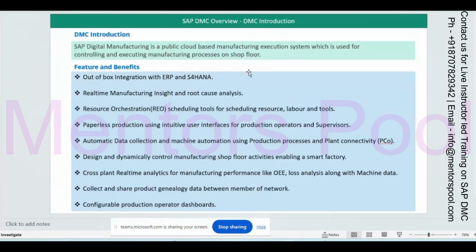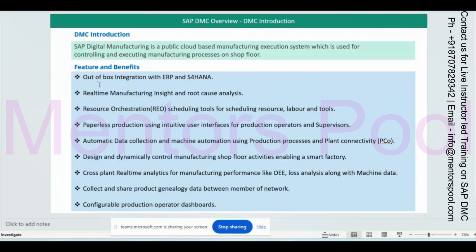there should be the same material and the production order to be executed. Either you can create all the materials that you have in S4 HANA in DMC manually, and manually create the order in DMC. That is also possible if you are using a standalone system. If you are already integrated with S4 HANA, once you have created the material master in S4 HANA, why does it need to be created again in DMC? So the better solution is just to integrate it and download that material directly into DMC.